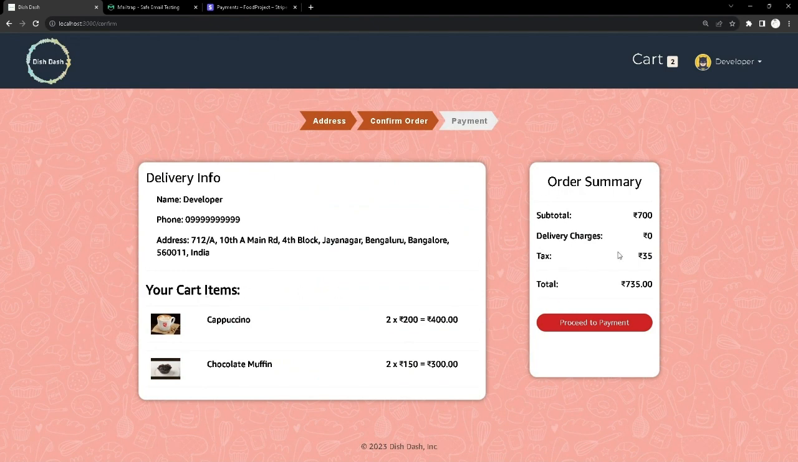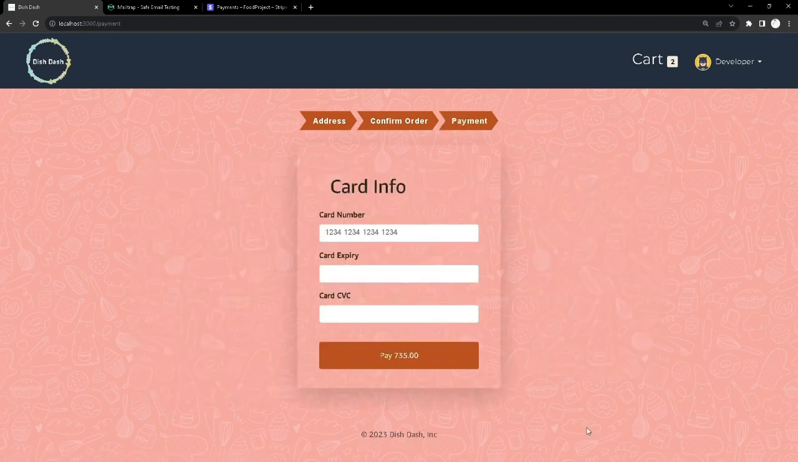So we get a summary. There's a tax. The tax is in the back end. And if we move on to proceed for payment and enter the card details, you can see if the card details are wrong, it comes in red,